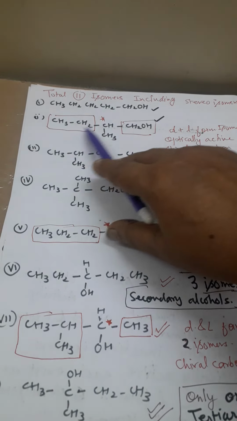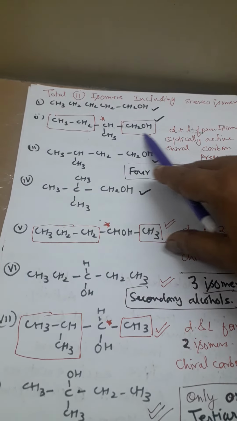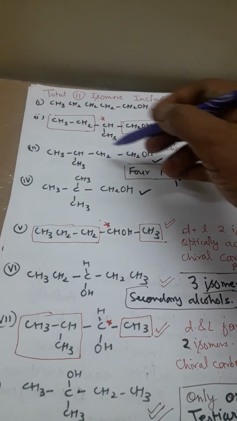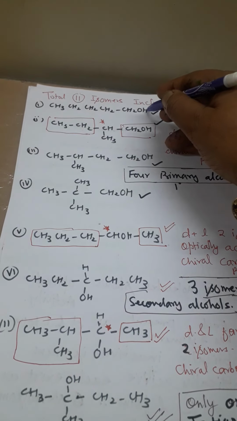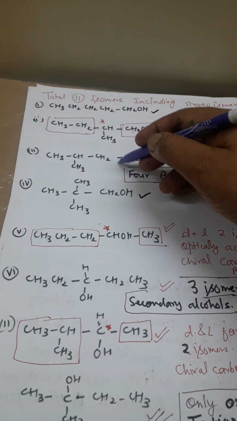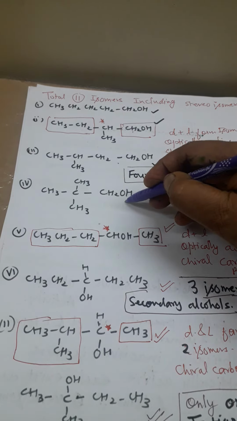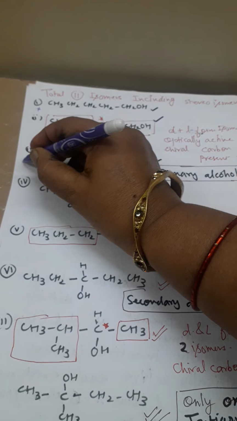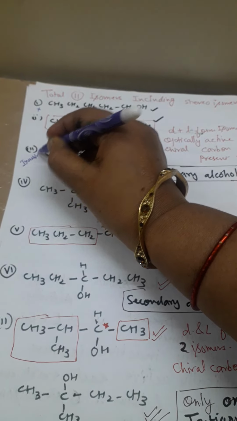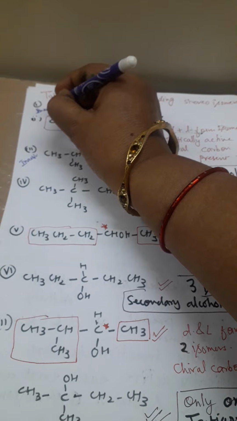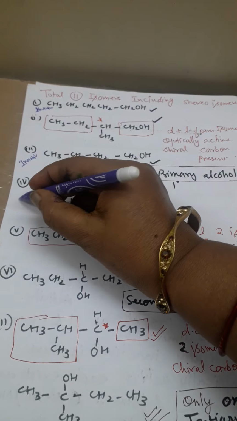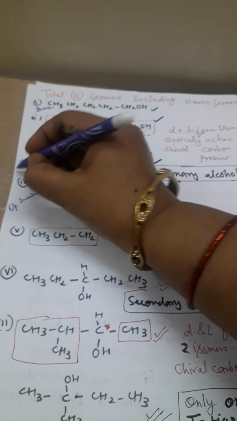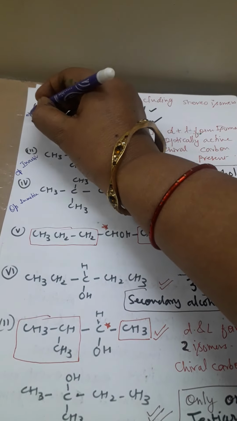This is 1-pentanol, then this has a C with an ethyl group, a CH2 grouping, CH, CH3, all 4 groups are different. And then this compound, this is optically inactive, one is optically inactive, this is optically active, this is inactive, this is also inactive, so I am making a cross. Instead of a cross, I will write inactive, then it will be better, since sometimes you will get confused. This is also inactive, optically inactive.